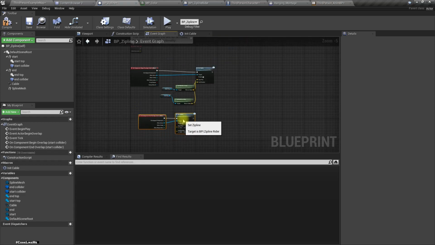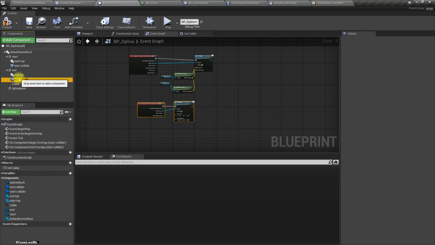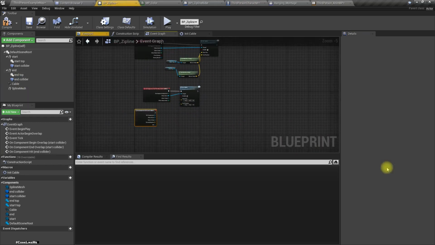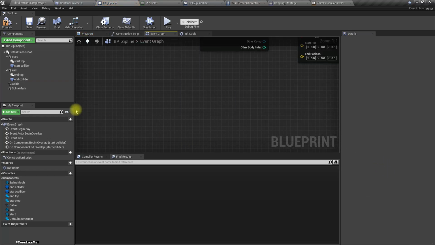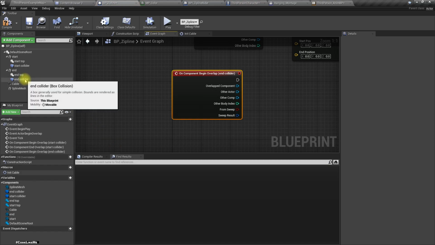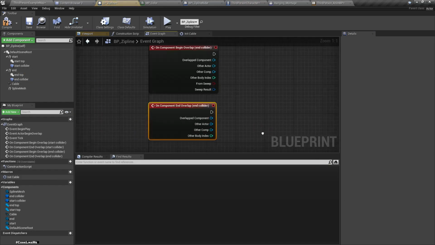Similarly, we should do the same thing for the end collider as well. Not on component hit, on component begin overlap, and on component end overlap,